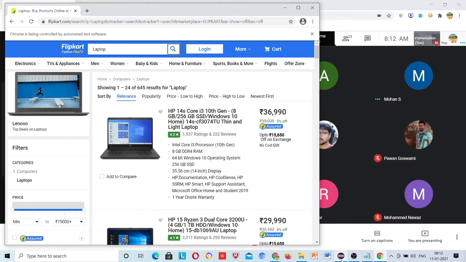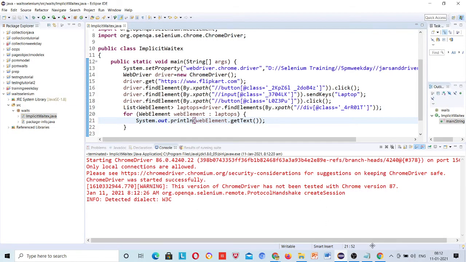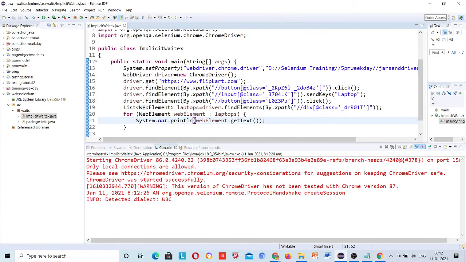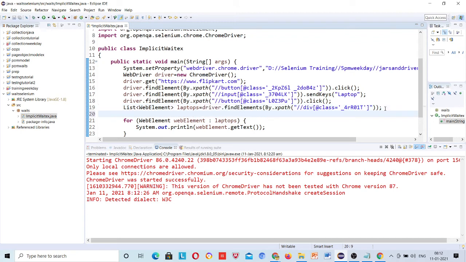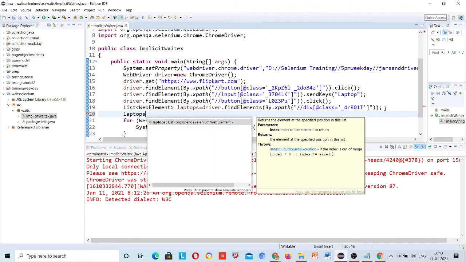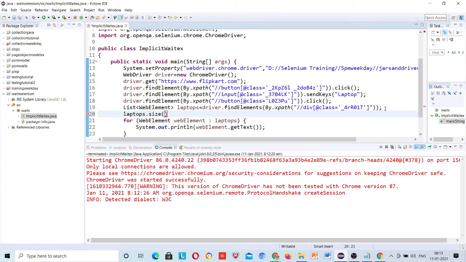Because see what happened, the script is complete and your laptops' names are not printed, because it took time to load this list, and in the meantime the list was copied empty here, right? So if you want to get the size of this list, laptops dot get size, right? Size will return the number of elements which are in this list.